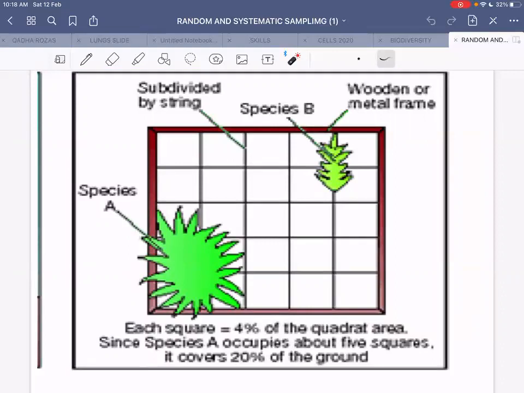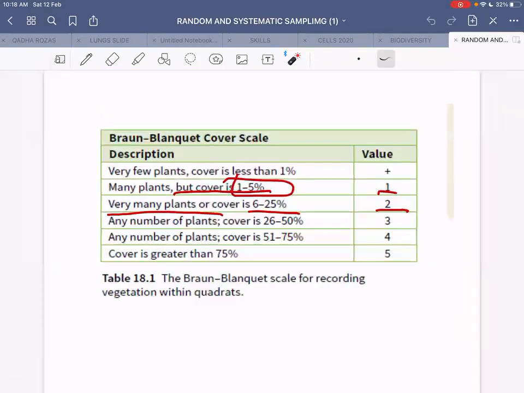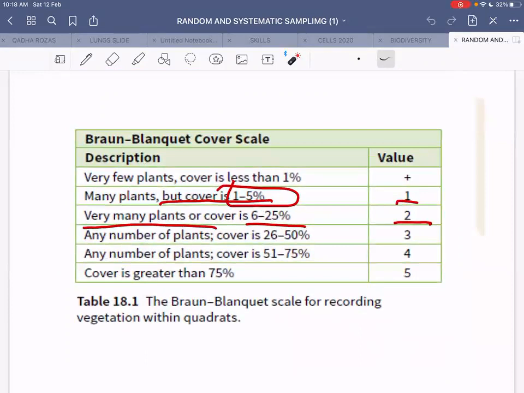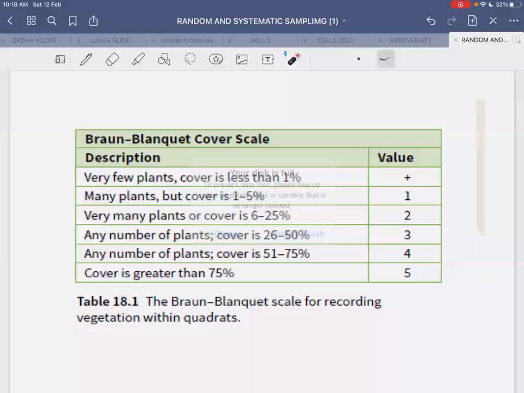ये सिंपल कैलकुलेशन सबको समझ आ गई है? बिल्कुल सिंपल है ये, मुझे बताओ, इसमें कोई प्रॉब्लम तो नहीं है कैलकुलेशन में? ठीक है, इसमें हाँ कुछ भी इसमें मसला नहीं होगा, ये आप आराम से कर लेंगे. And besides that एक scale होता है, you are not supposed to remember, ये आपको पूरी scale की ये है ना. Calculation के very few plants होगा तो इसका मतलब है कि cover is less than 1%. You don't have to remember this, but